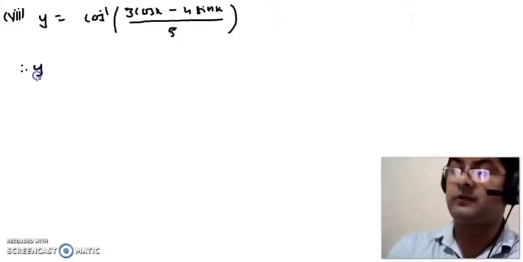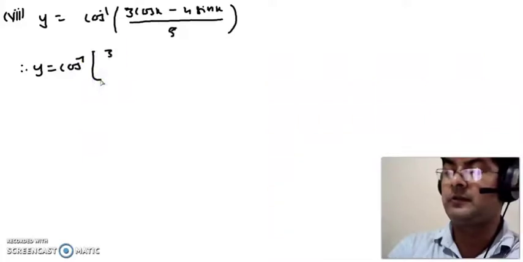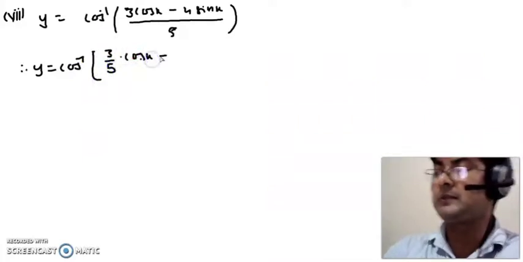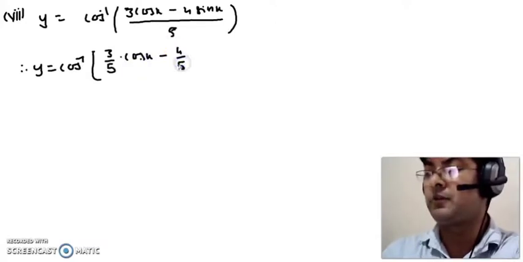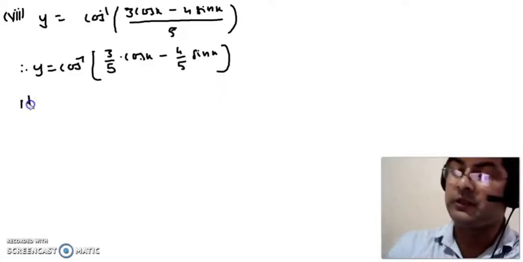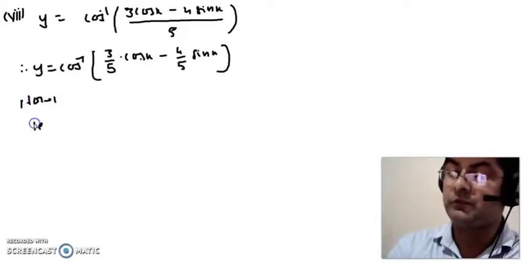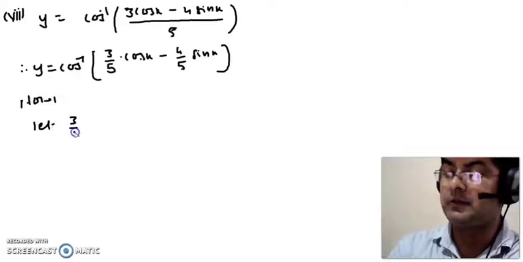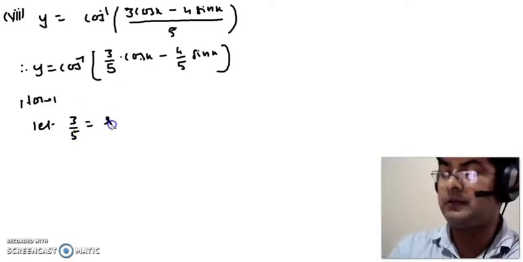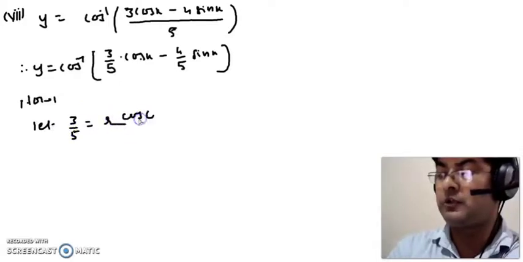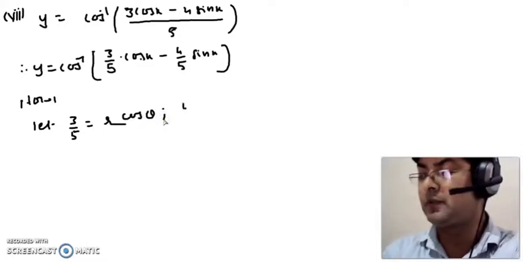Therefore y is equal to cos inverse of 3 upon 5 into cos x minus 4 upon 5 into sin x. Now let us consider for 3 by 5 r cos theta and for 4 by 5